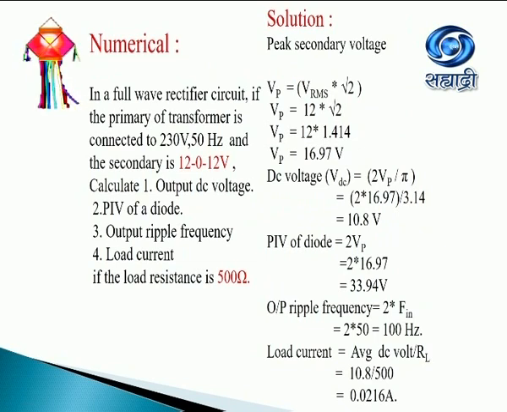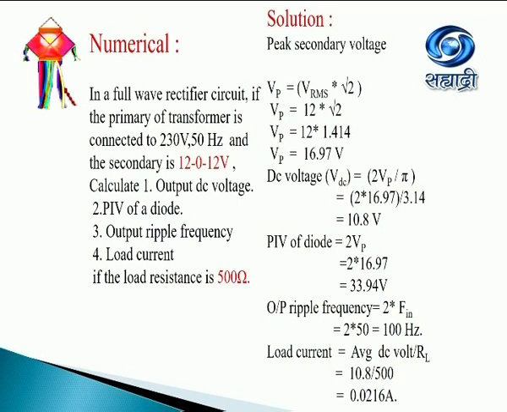In a full wave rectifier circuit, the primary of a transformer is connected to 230 volt, 50 Hz, and the secondary is 12-0-12 volt. Calculate the output DC voltage, PIV of a diode, output ripple frequency, and load current if the load resistance is 500 ohm. Peak secondary voltage Vp is equal to Vrms into root 2. Vp is equal to 12 into root 2, that is 12 into 1.414, which comes out to be